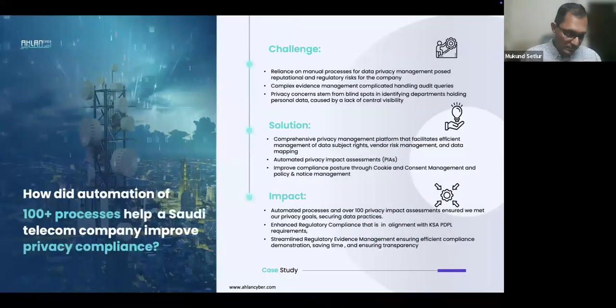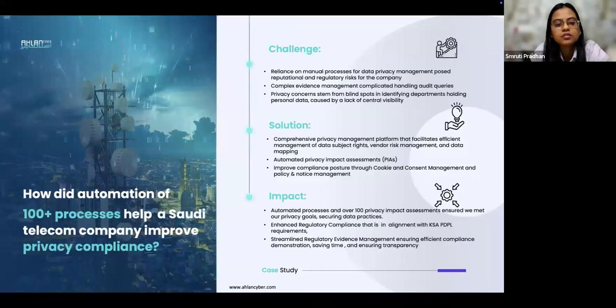Okay. So this is an interesting case study for a Saudi telecom company. When they started the data privacy program, they really wanted to build the program from scratch. That is where all the operational assessments, which you see, privacy impact assessments, ROPAs, and other things, they wanted to do. Now, the challenge with this organization was that it's a massive organization. The organization hierarchy is also very complex. And we look at how this organization incorporated a technology solution to implement the privacy operations. So over to you, Omkar, you can go forward with the case study.